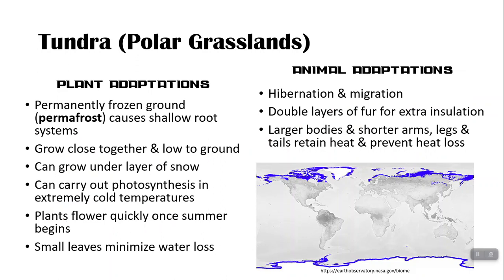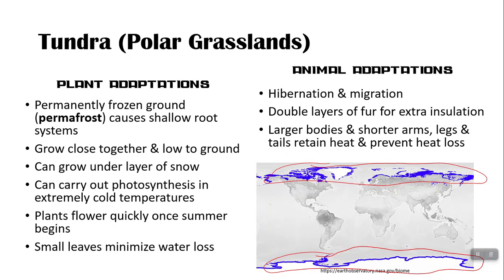Tundra, also known as polar grasslands. These are a grassland, though a lot of times they're just completely covered in snow. And notice they're at the extreme latitudes. So up here, there's also some tundra on the edges of Antarctica as well. Plant adaptations here are to low moisture because it doesn't receive a lot of precipitation, and to low temperatures. There's also something different about tundra. It's got a permanently frozen layer of ground